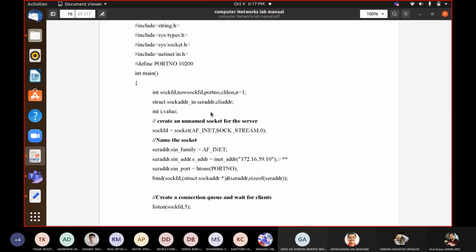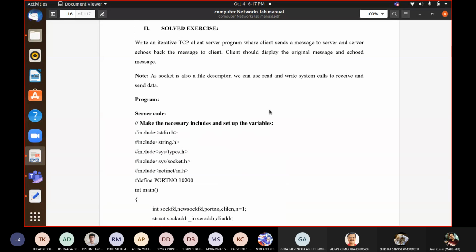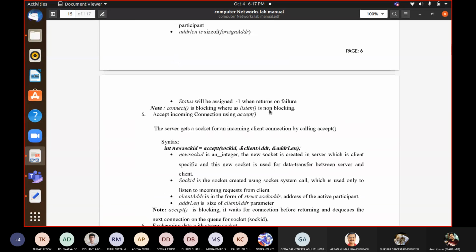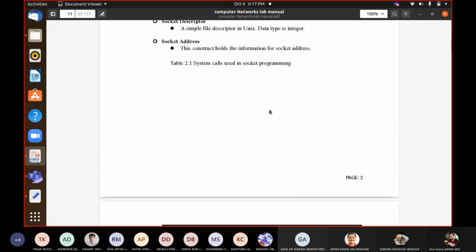Then based on the requirement, you can change the logic. I will give you certain sample codes as well so that you can work on those problems.